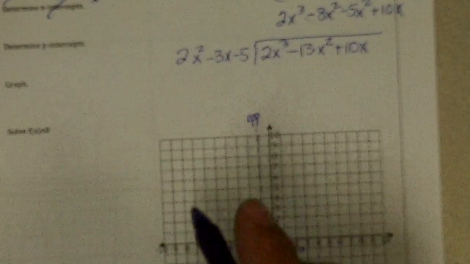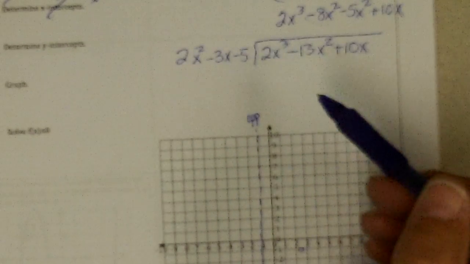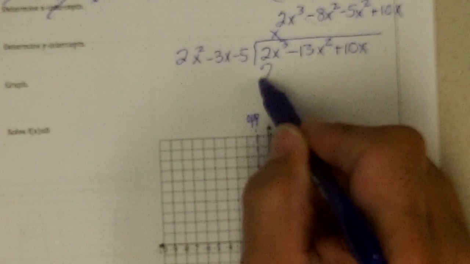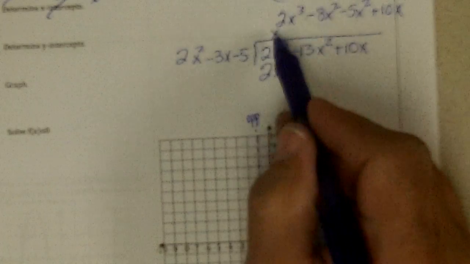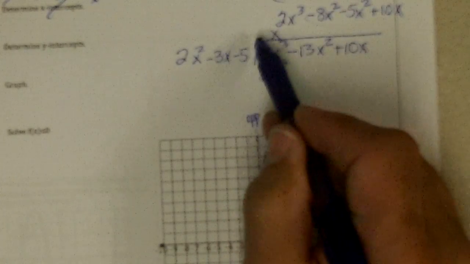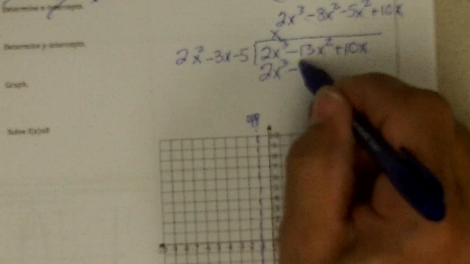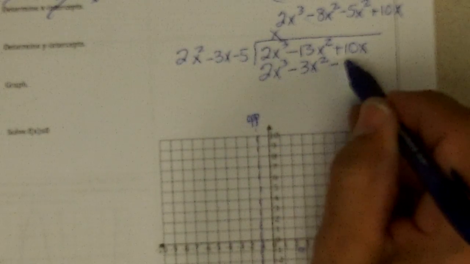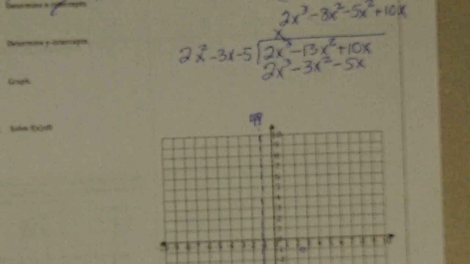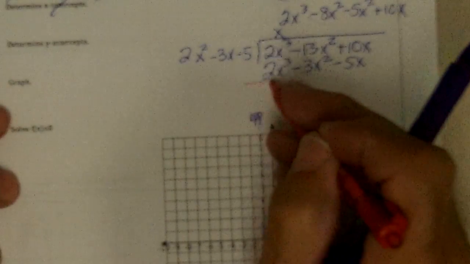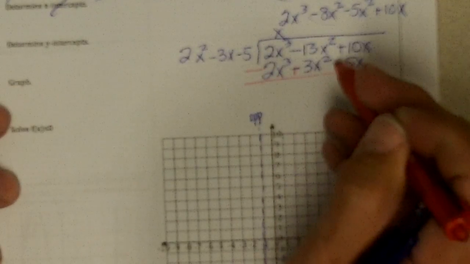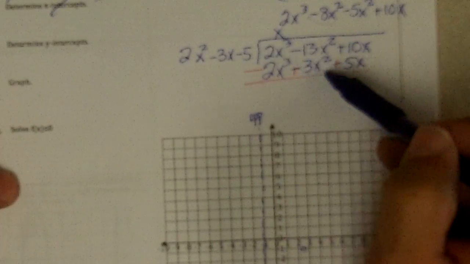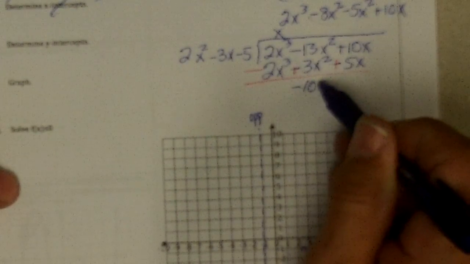Now, if I've got to divide 2x squared into 2x to the third, all I need to do is multiply this by an x to get 2x to the third. But I need to take the x times the rest of it, so x times negative 3x is negative 3x squared, and x times the negative 5 is negative 5x. And then I draw the line and change the signs so I can add, and these add to be 0, and these add to be negative 10x squared